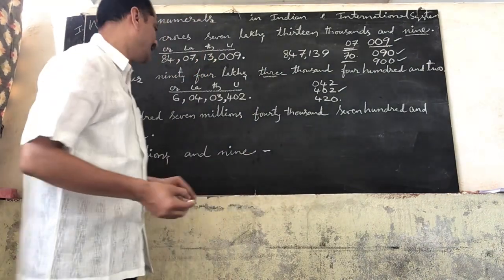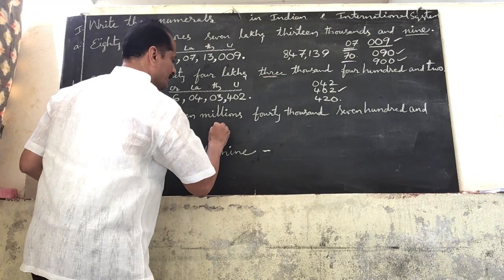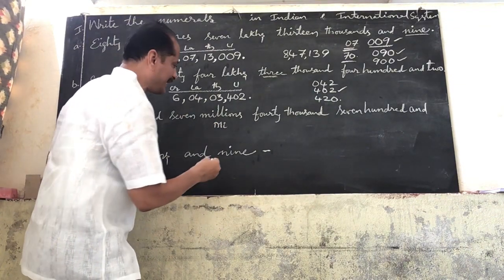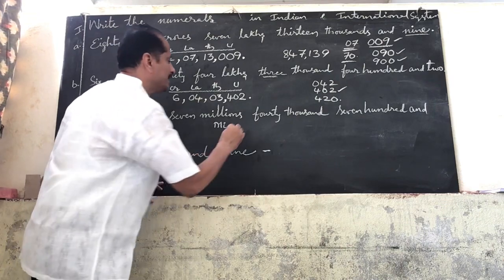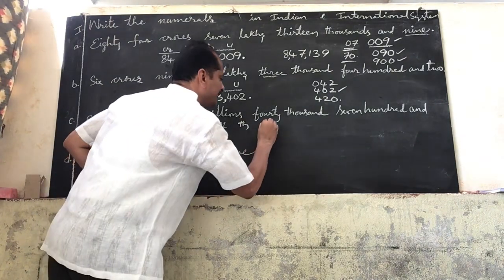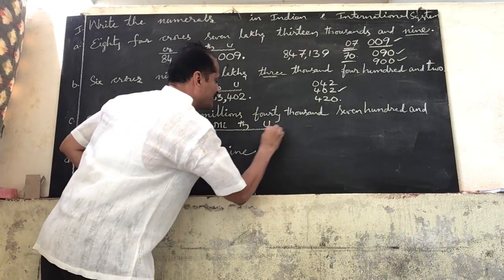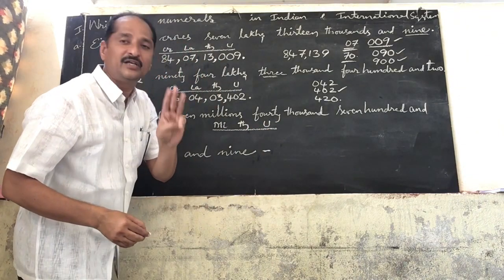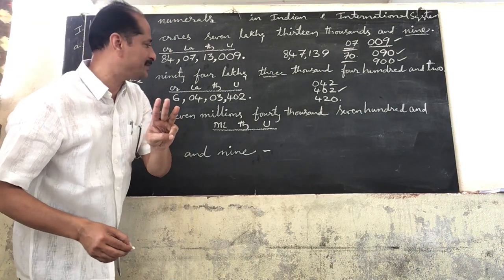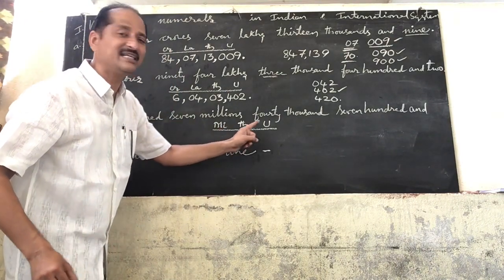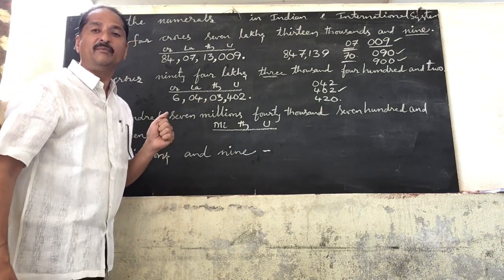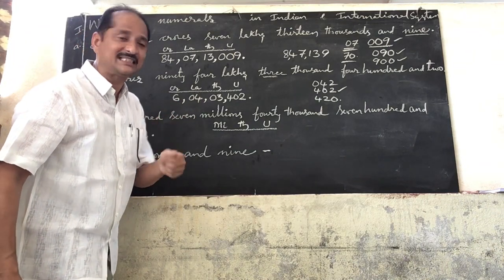So now see here. Millions first. The greatest period is millions period. Next lower than millions period, thousands period. Next lower than thousands period, units period. So these 3 you have to remember carefully. Millions period has 3 places. Thousands period has 3 places. Units period also contains 3 places. So millions, thousands and units. How many millions are there here, you see?